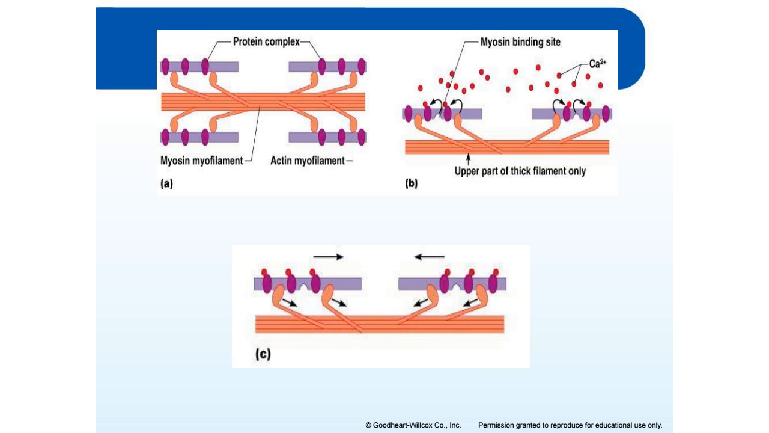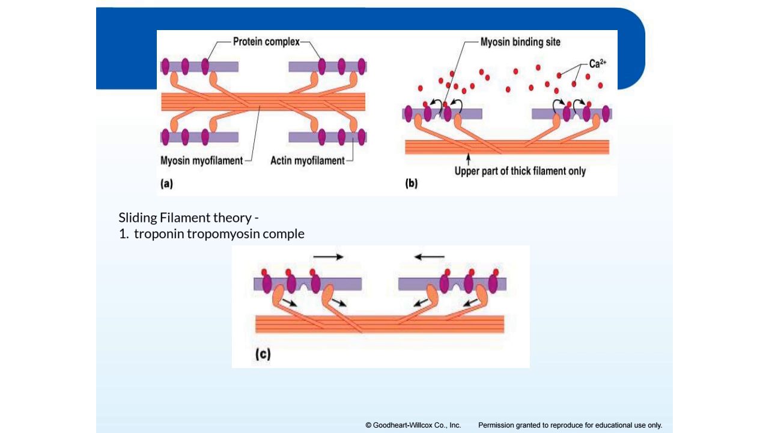Okay, so let's look at this a little bit closer. So this is what we call our sliding filament theory. And this sliding filament theory is that these two filaments, the actin and the myosin, will slide across one another, allowing for muscle contraction. And so if we look at picture A there, you'll see it says protein complex. So that protein complex is actually called the troponin